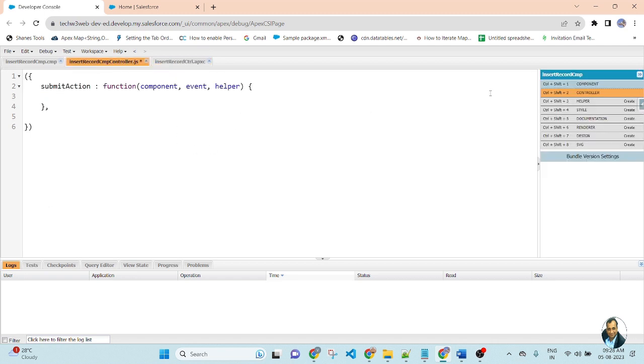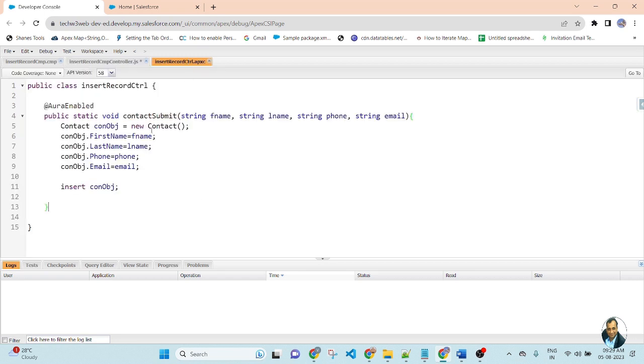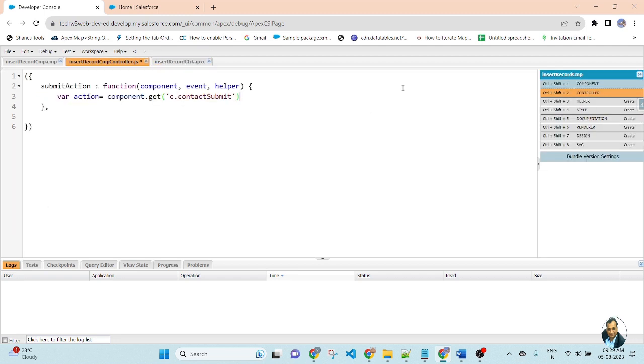Here create a variable action equal to component.get, c dot name of the method. Then I will use setParams.